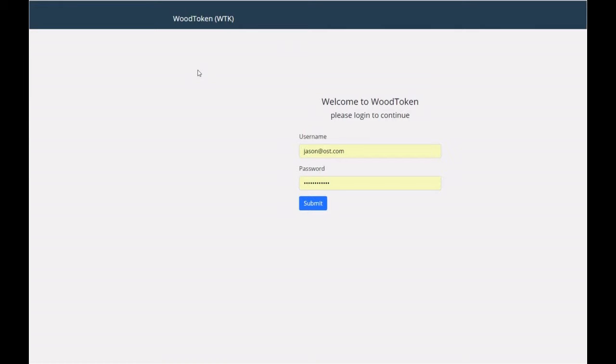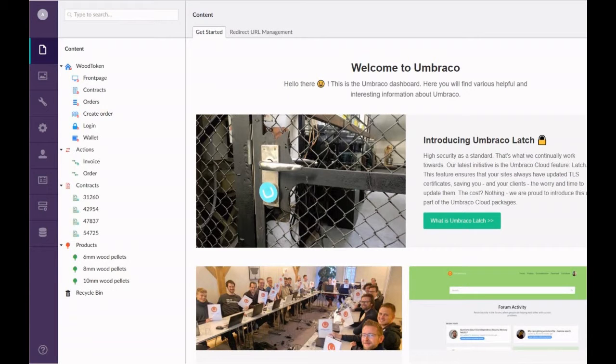In this update I'm going to demonstrate how I integrated the new Vaulted Light features into the existing Wood Token project. The Wood Token project is built on an open source content management system called Umbraco. Now I don't have time to go into all the details, but this quick overview shows the various parts of the integration. The invoice and order actions are especially interesting as they are linked directly to the actions created in